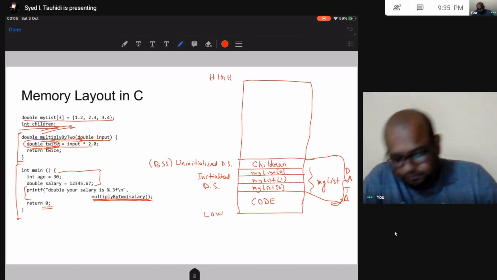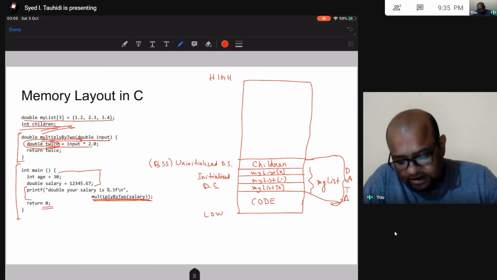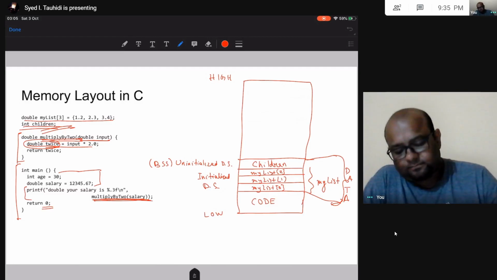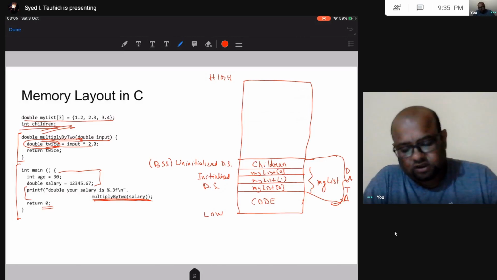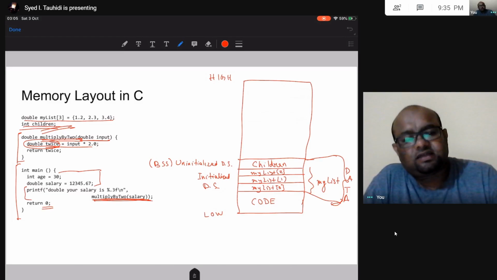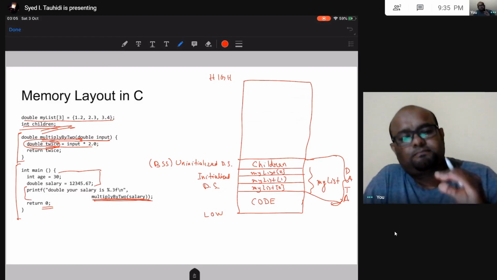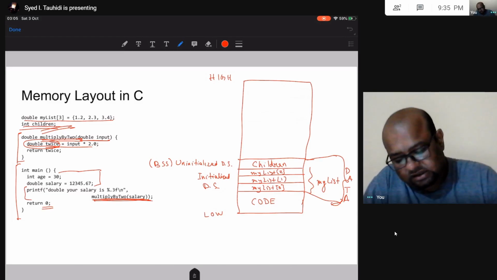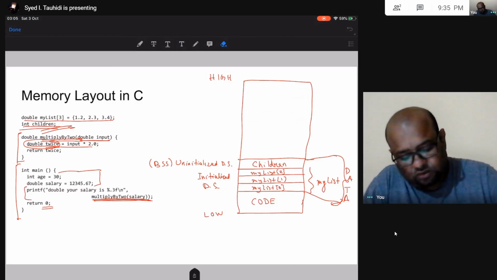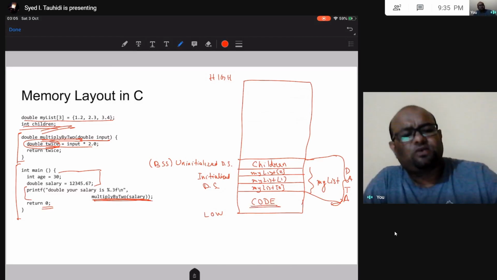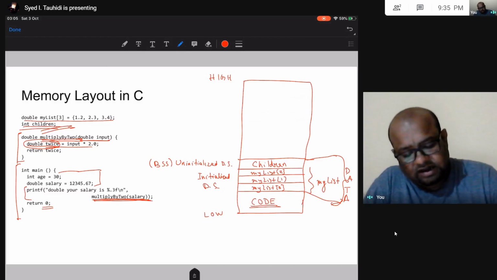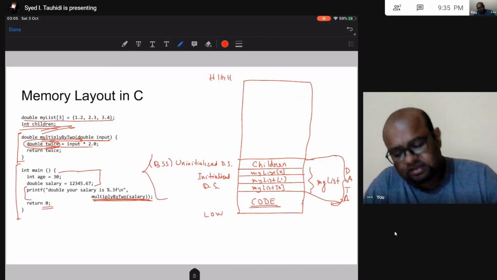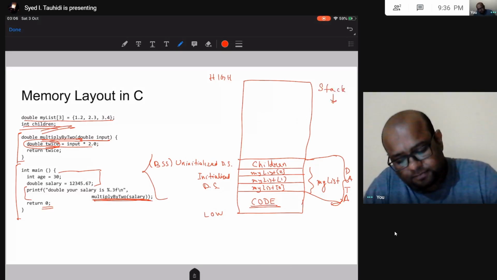Now let us talk about the other part of memory. We talked about the code segment, simply my code is going to be there. Then we talked about the data segment. We talked about the stack. Now what is remaining is the heap.